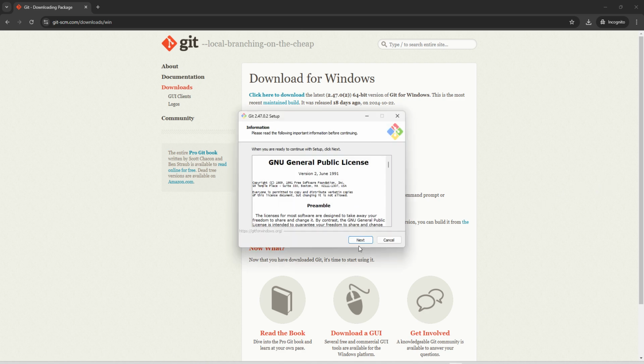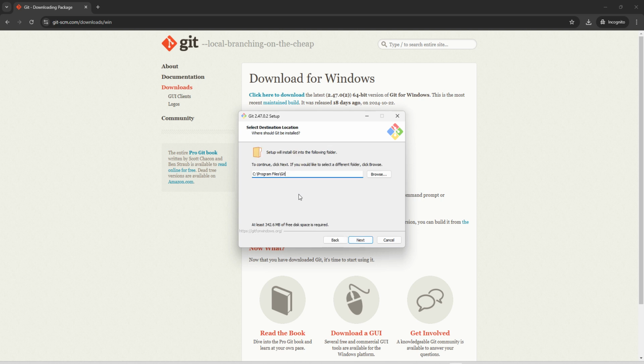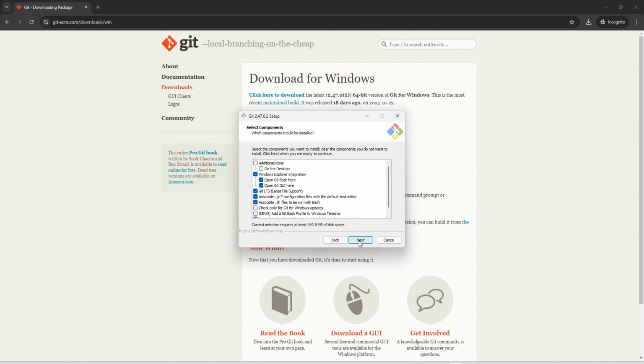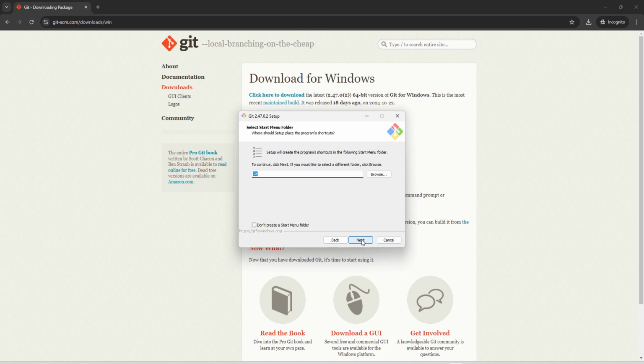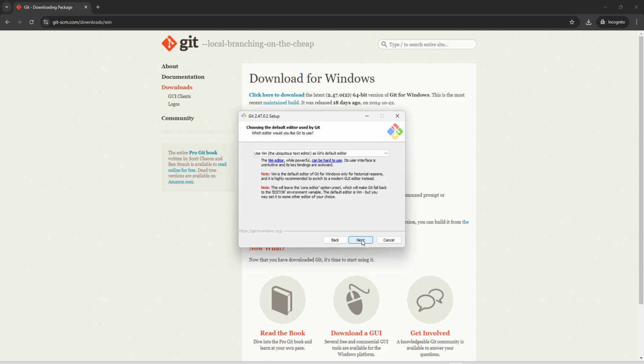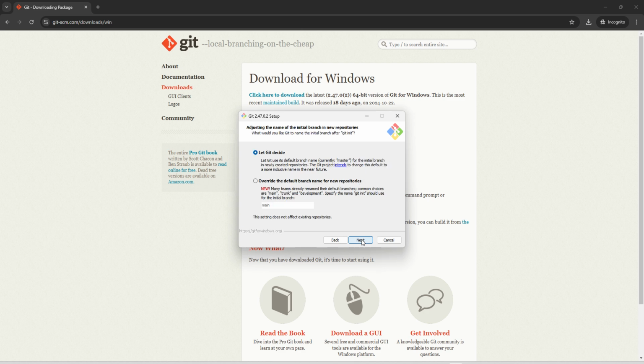Now here this is the public license. We can click on the next button, and this is the default location where Git will get installed. If you want to change it, you can browse and give some other folder name. Now I will keep it as is and click on next, and here are the options which are selected by default. We can click on next, next, next,